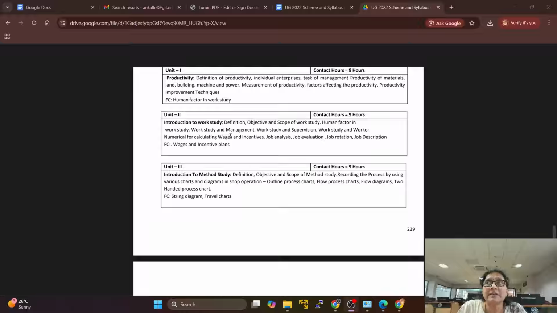and service centers, service industries. Service industries are maybe software industries where they are providing the service to the customer, or banks, hospitals, educational institutes like GIT and all. Those are the service industries. Whatever may be the type of the industry, work study is the technique which is being used to improve the